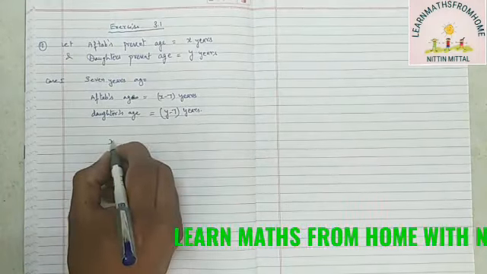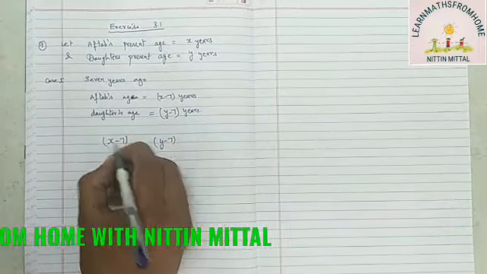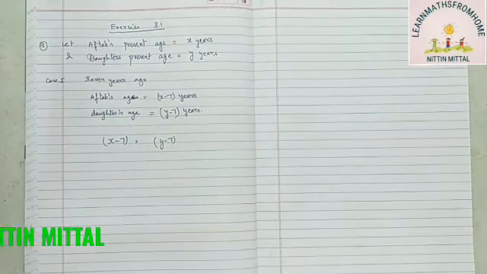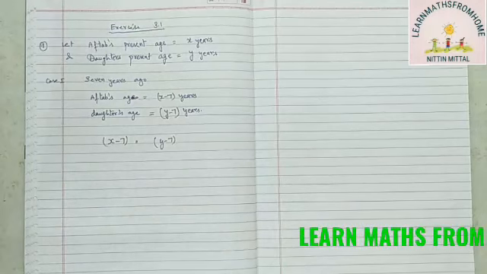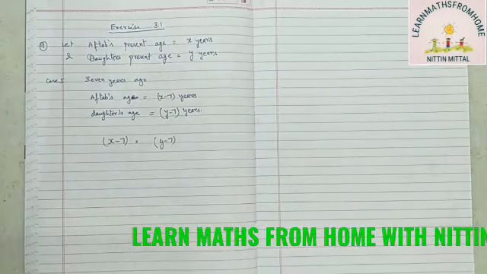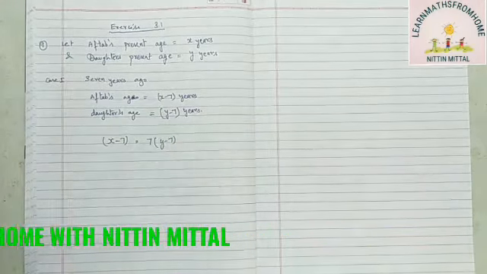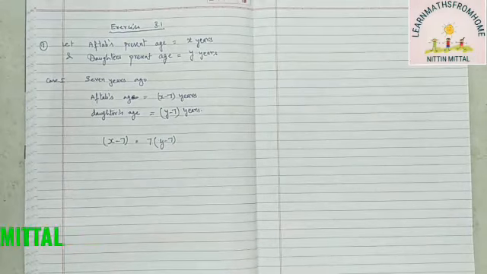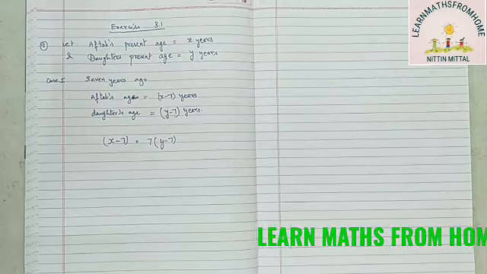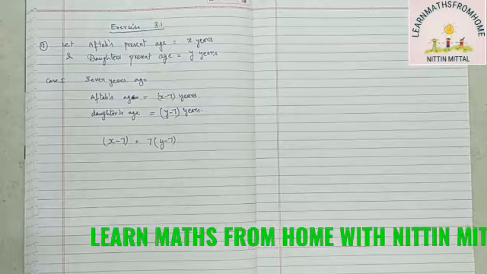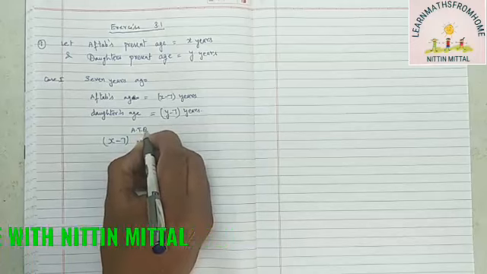Now, there are two things we have. One is x minus 7 and one is y minus 7. Now, y minus 7 represents daughter's age. X minus 7 represents father's age. But these two ages are not equal, and we want to make them equal. So, how can we make them equal? As daughter is small, we have to multiply daughter's age by 7 because father says, my age was 7 times your age. So, if we multiply daughter's age by 7, then that product will be equal to father's age, right? So this we have done according to the question.